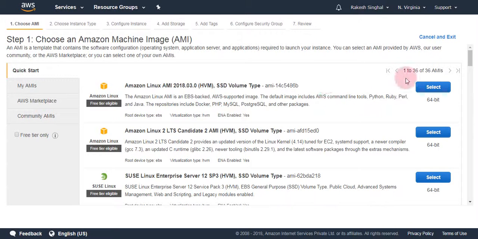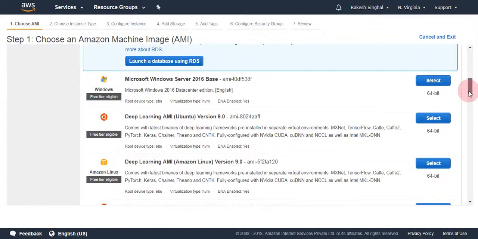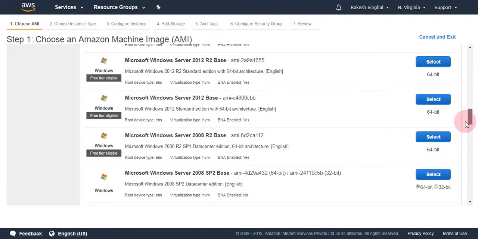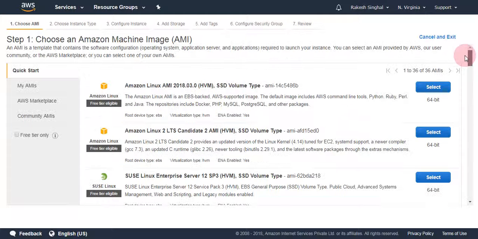Here it will ask you to select one of the OS. You can see it's providing us different flavors of operating systems, like Amazon, SUSE, Ubuntu, Windows. I think it's providing almost all the operating systems. So here we are going with the first type, and